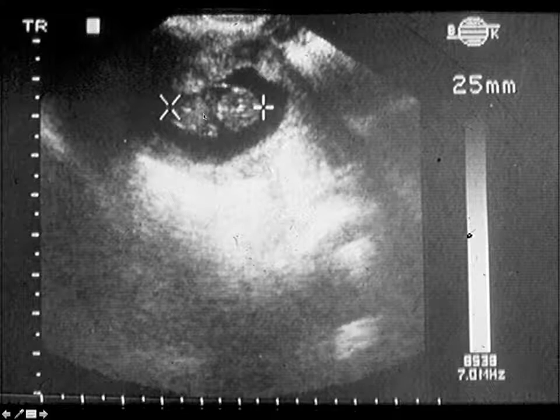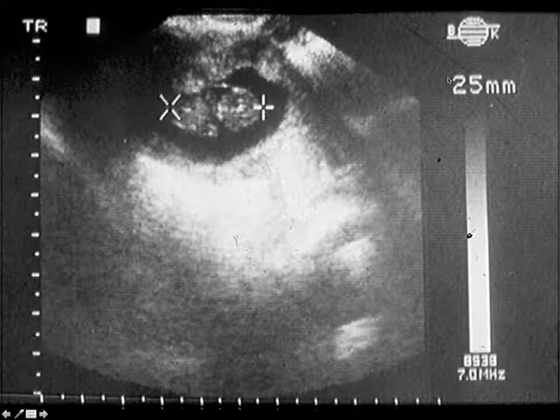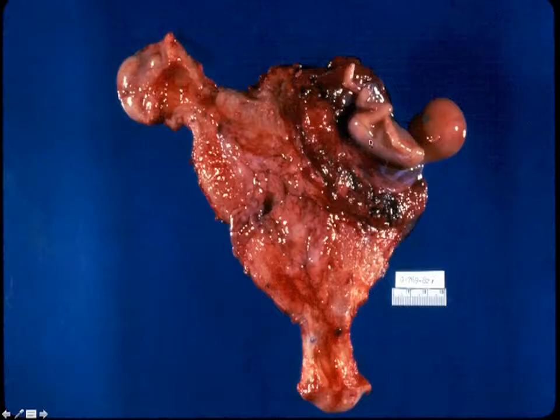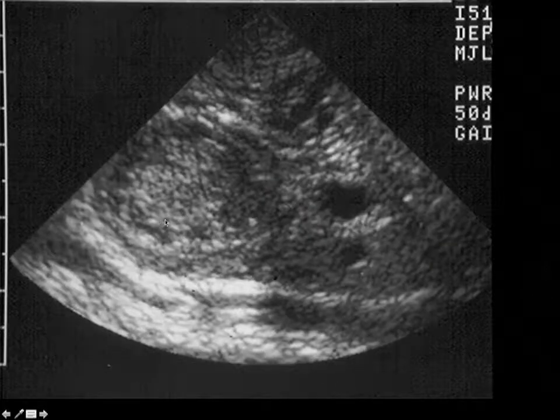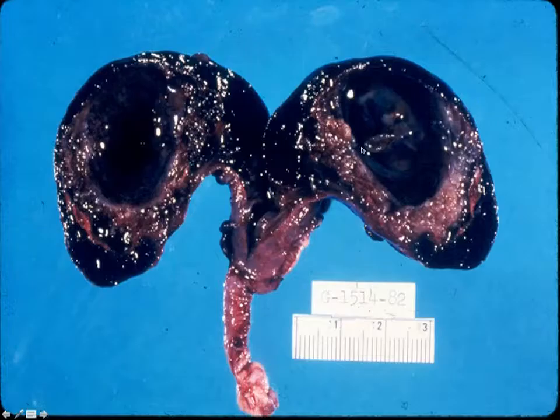And don't make the mistake the fellow at Bellevue almost made. Rule out ectopic, puts the probe in, saw this, was going to send her out. 25 millimeter crown rump length. Only problem is this is not in the uterus. He had never seen this degree of development in an extrauterine pregnancy. And I apologize, this is a technology called static arm scanner. And the reason I still showed this picture of an ultrasound is because I can't find a pathology that looks like this. Rarely do we do it with hysterectomy with the fetus, cornual pregnancy in situ. And many people would miss this ectopic because it was a mishmash of blood, clot, and fibrin.